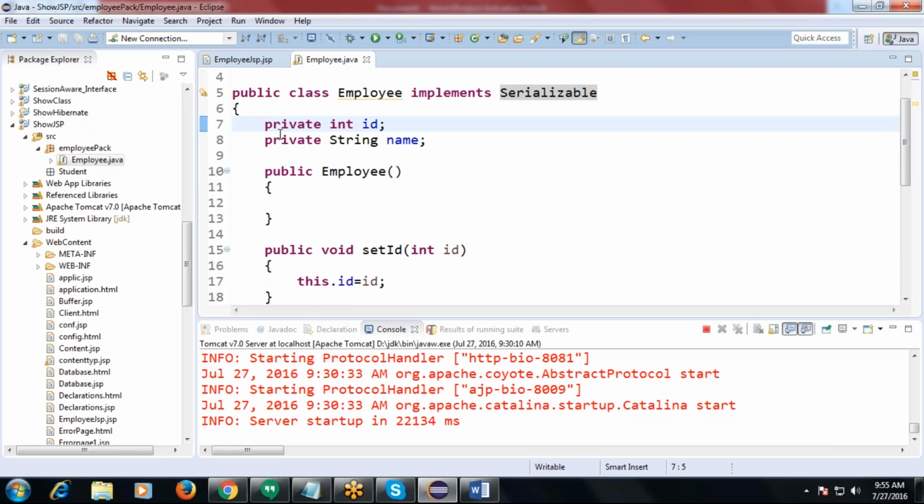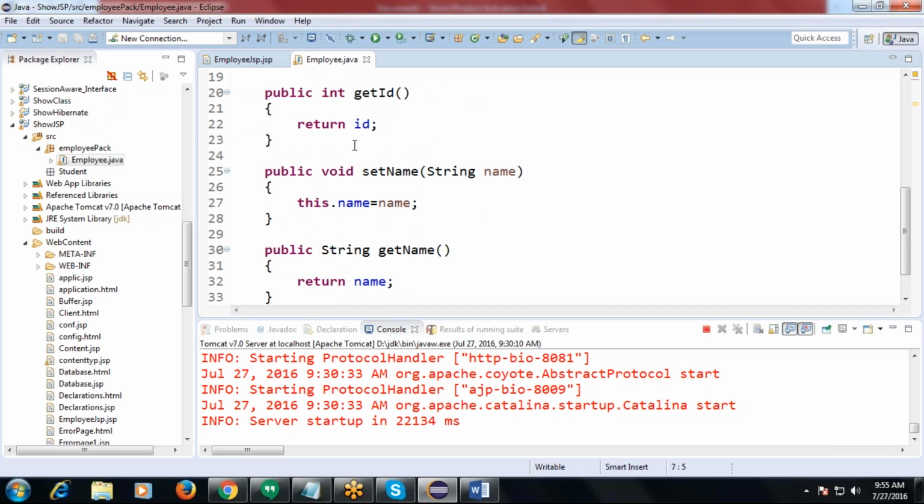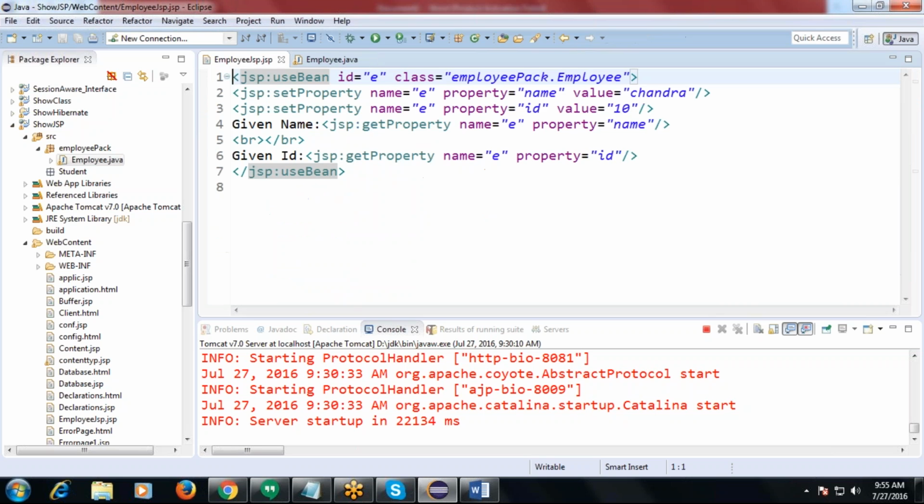Fine. Now, for example, if we want to access the properties we created here, properties meaning in the form of methods. That means if we need to access any one of the methods present in the Java class from JSP, we must use another action which is called useBean action.